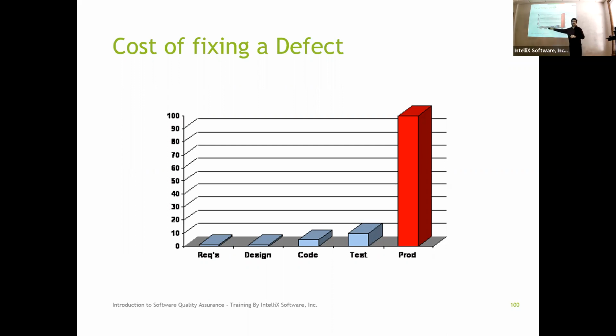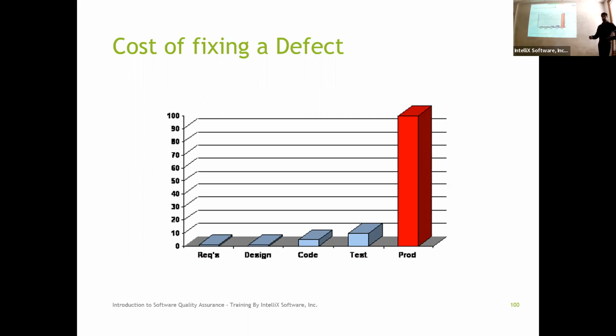Same thing goes for the code. I have designed, I've started implementing it. Now I find an issue that needs to be addressed, and I may have to rewrite some code, right? So the amount of effort is probably higher than what I recorded in the requirement. A lot of times it's not just simple time, right? It's four or five fold, because I have to rewrite all of the code. I have to redo the testing or unit testing, whatever I'm doing. I need to go back to the users, get that particular requirement, and make sure it fits design and architecture-wise into the picture. So the cost is a little bit higher, but obviously it's not as high as